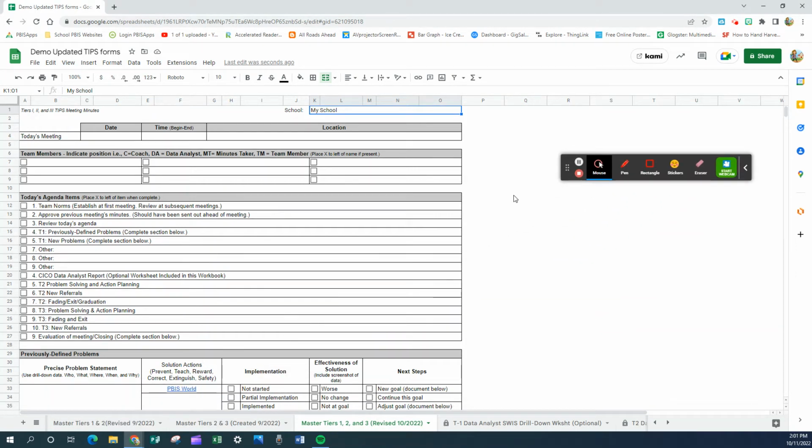This video is going to help you complete your tiers 1, 2, and 3 tips meeting minutes. Your school will already be up here in the school name, and that cell is protected so it doesn't get changed. When you very first get your form, go ahead and put your team members in it. And you're going to use the codes up there to